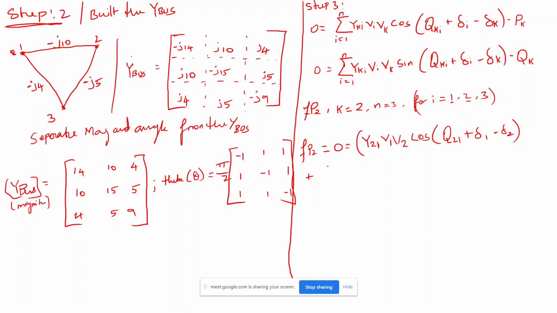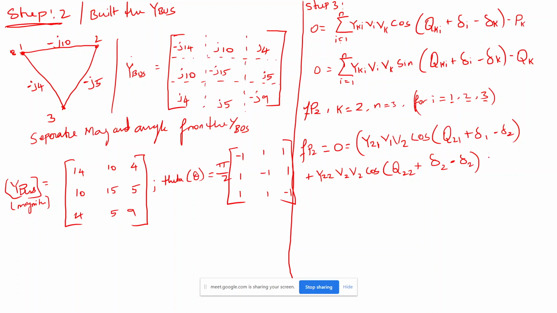2 and k is 2. So y, what is k now? 2. What is I now? It is 2. So y 2 2, and vi is nothing but your 2, and vk is also 2 cos q, k is what? 2, and I is what? 2, q 2 2 plus del I is 2 minus k is 2, and what is so now the n